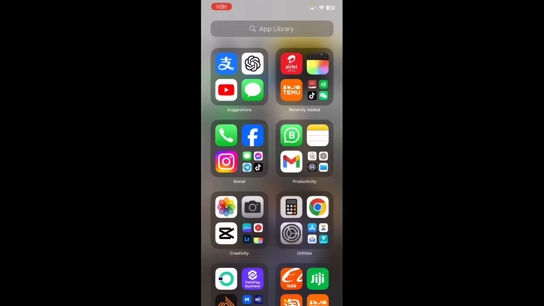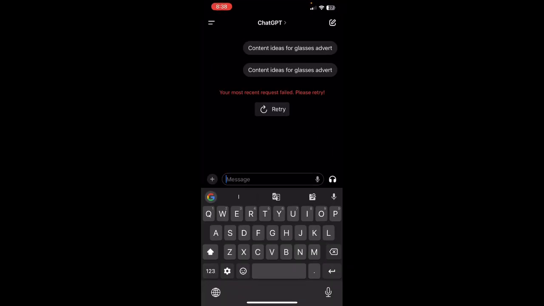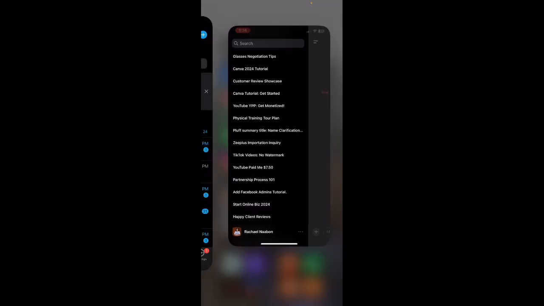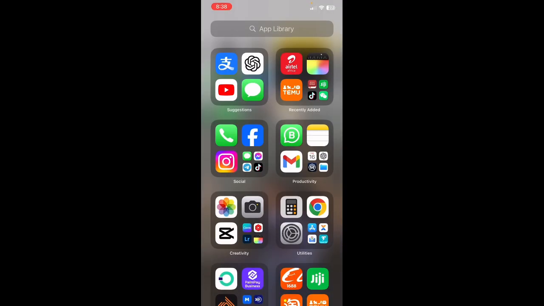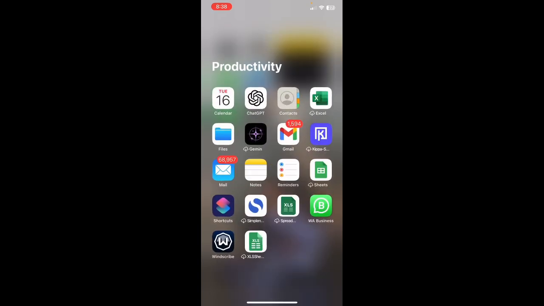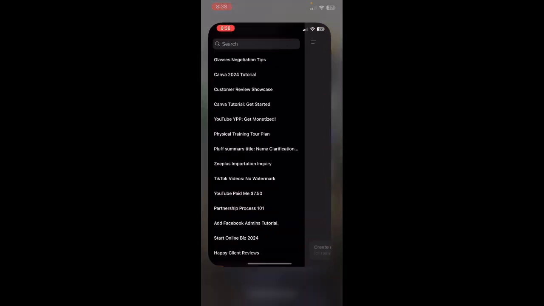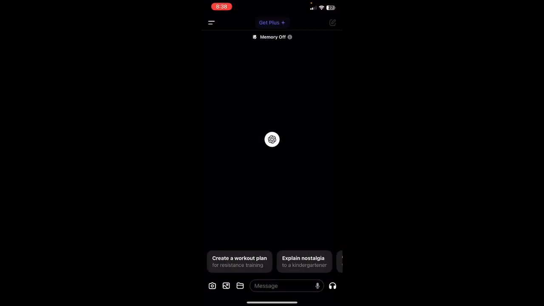So the AI tool that we'll be using is ChatGPT. So you go to your Google Play Store or your Apple Store, whatever store you download from. Just go there and type ChatGPT. Okay, so this is the symbol. Let me bring it where you see ChatGPT. The symbol is white and black. So I'll go ahead and click on it. Once you download it,